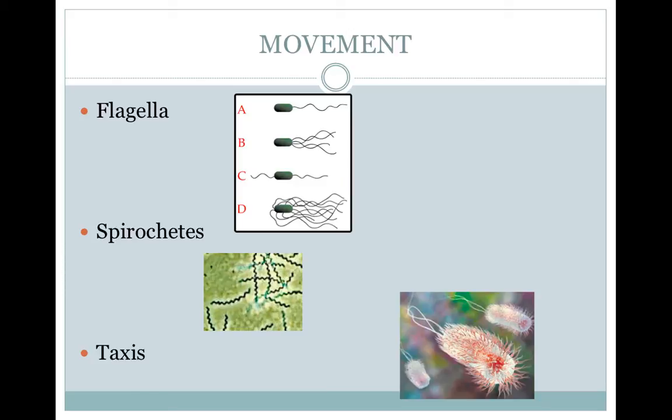Some bacteria can move. Some bacteria use a flagellum to move. Flagella are slender filaments that extend singly or in tufts from one or both ends of the bacteria cell, or they can be distributed all around the cell. They are not the same as eukaryotic flagella because they're only about 1/10 the width.